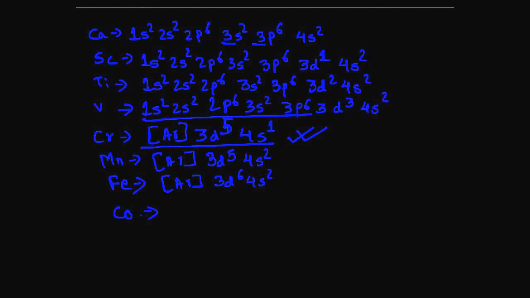Cobalt, that is a capital C and small o. If you write capital C and capital O, that denotes carbon monoxide. So please be careful of denoting cobalt. It is capital C and small o. Nickel, for nickel is argon 3d8, 4s2,